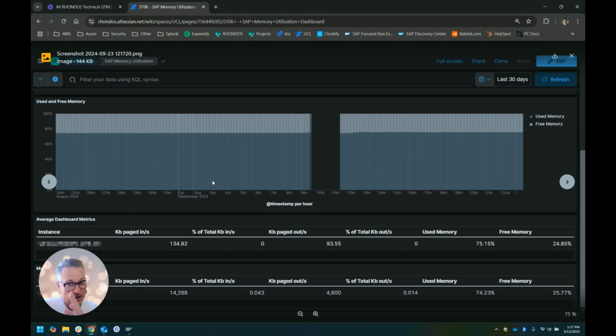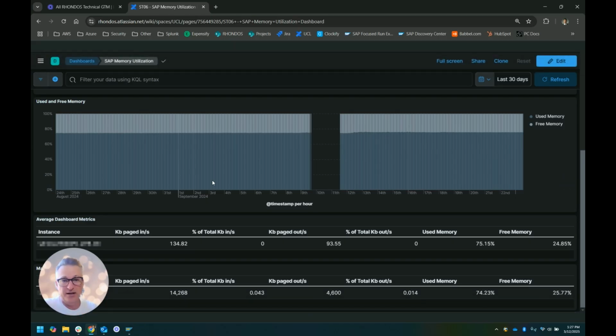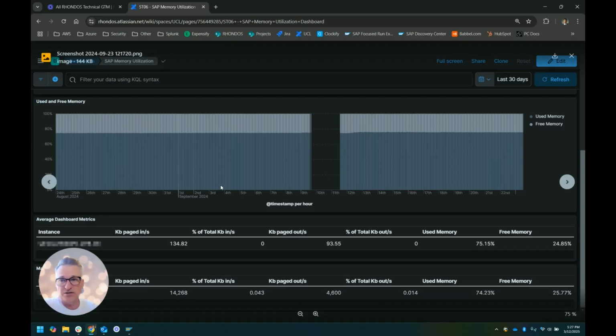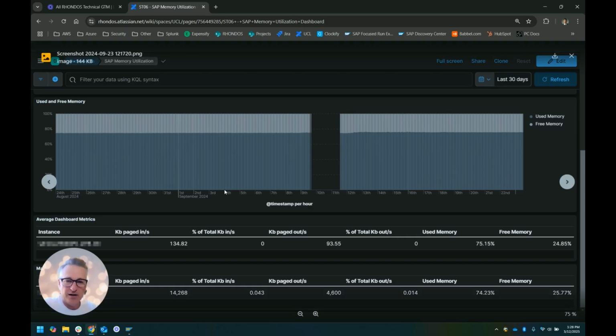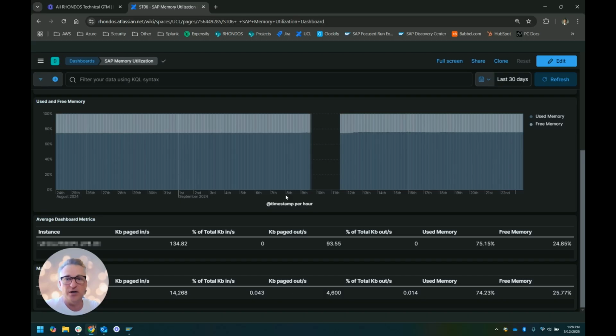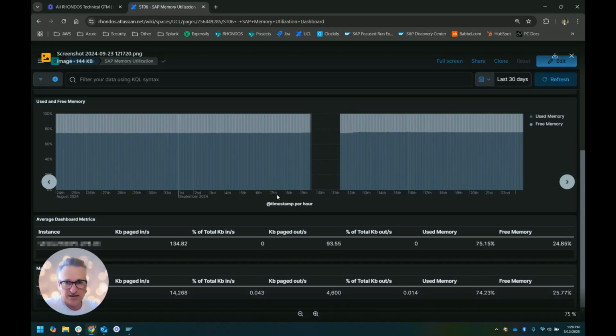And then, of course, once it's in the platform, we can also create alerts on basically a search, which gives us way more granularity and options for how often we want to be alerted. The whole idea is to reduce alert noise. And then another great feature is that we can also integrate this data directly with your ITSM platform. So you don't have a separate monitoring or ticketing system for SAP